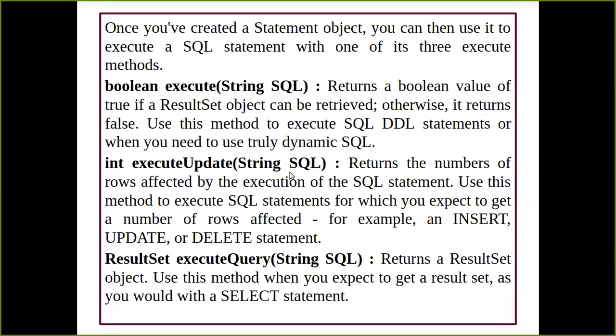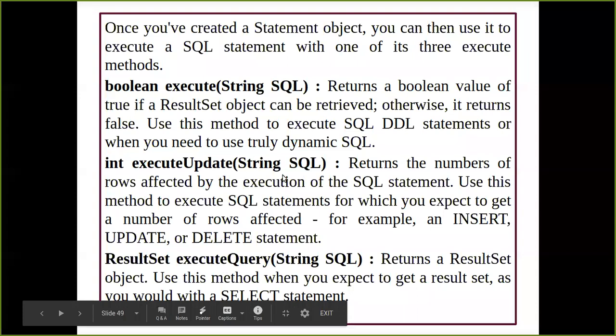For example, I have 10 rows in my table called employee. If I fire that query, I am going to get a number, 10. That means 10 rows have been affected. Last, which type of statements is it used for? Insert, update and delete statements. And the last one is your executeQuery. It is not for the Statement interface, but it is the method that comes under your ResultSet interface. Again, I'm going to have some query over here.